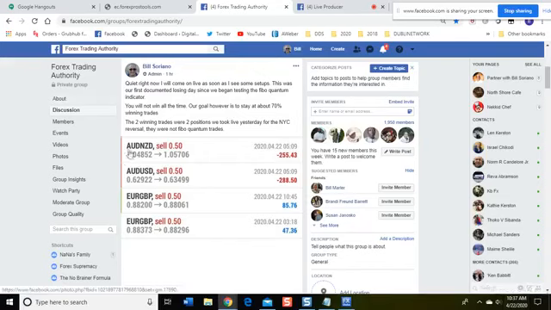I posted in the group here. This was actually the first losing day that we had here. These were trades from earlier today, obviously 4/22. These trades closed today, so it's really been the first losing day that we had with these two trades here, the AUD NZD and AUD USD trades both going against us and getting stopped out at losses.